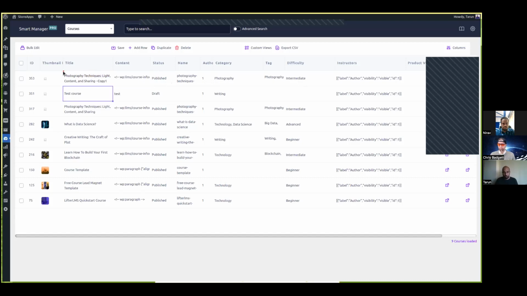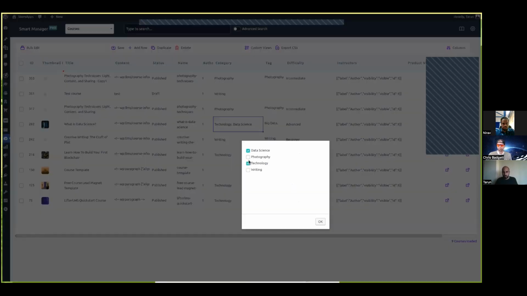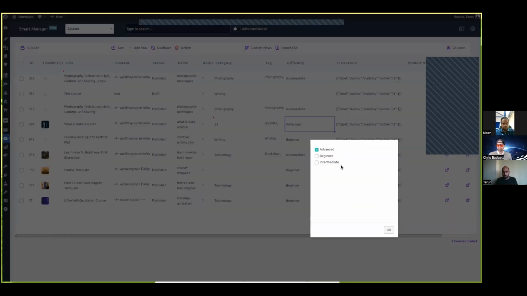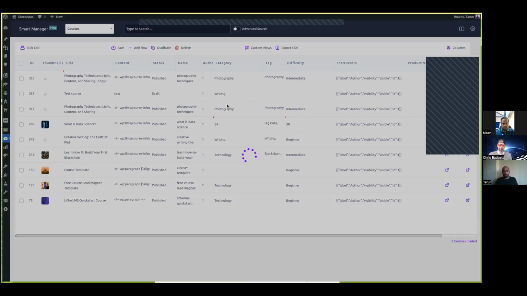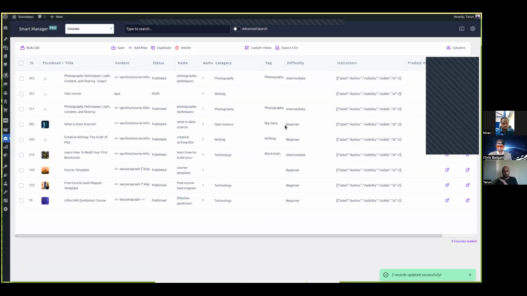So you see here some red icons that come up. Those are your unsaved changes, and basically you need to save them. So you can do any number of changes just like this. Let's say if I just need to move this out of the technology category, or if I just need to add one more difficulty here, let's say I just call it beginner. And if I just save it, all the changes will be saved and those changes are automatically live. You don't have to wait for it.